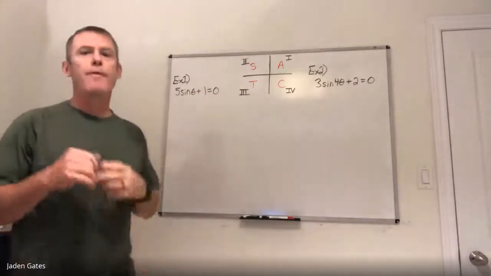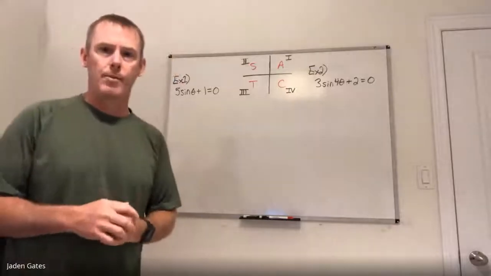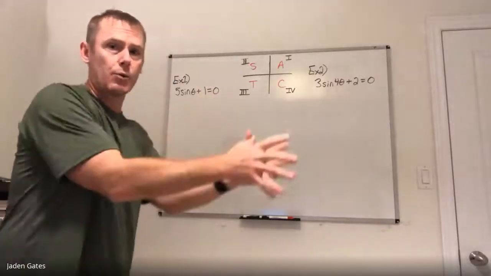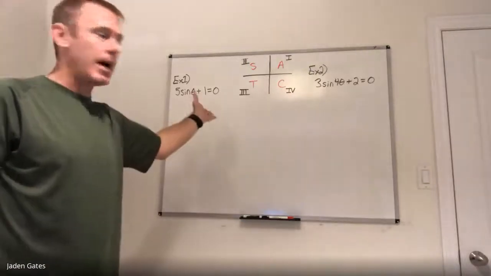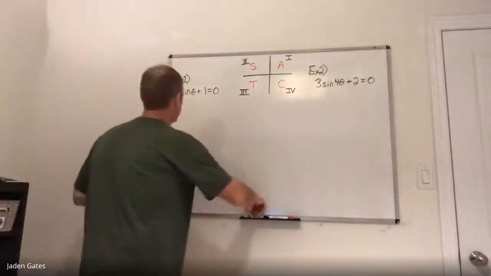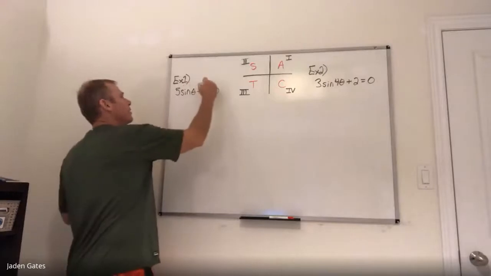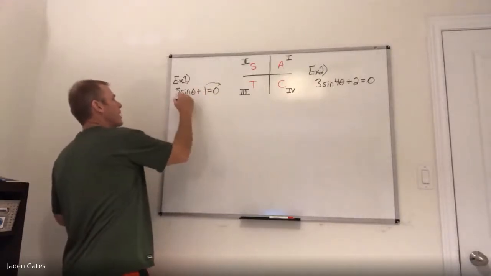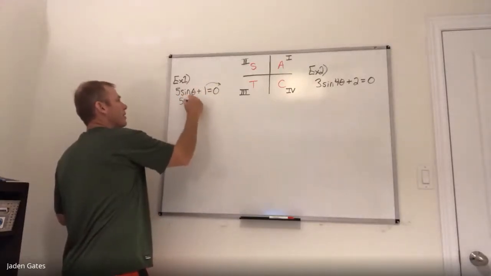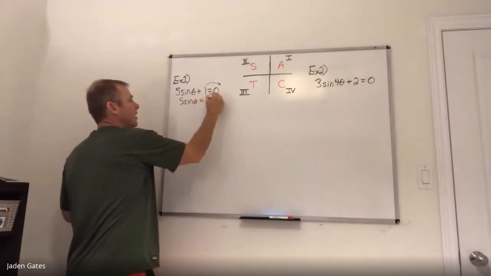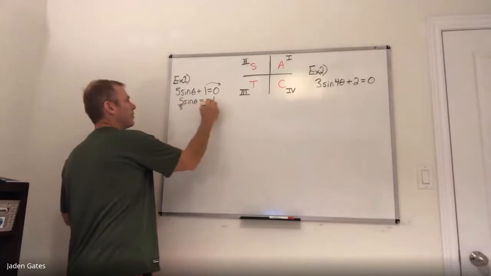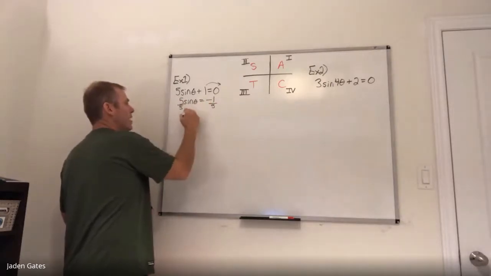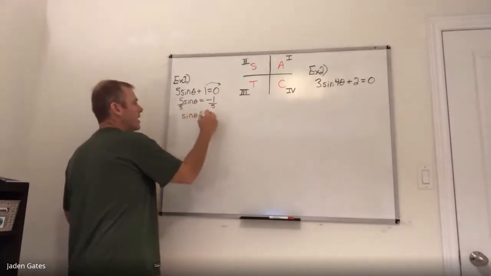0. Now, before, when we were solving trigonometric equations, we just had sine theta equals something. So all I'm going to do at the beginning here is make that happen. And to do that, I'm going to move my 1 over to the other side. So I have 5 sine theta is equal to -1. And then I'm going to divide both sides by 5. And so that I get sine theta equals